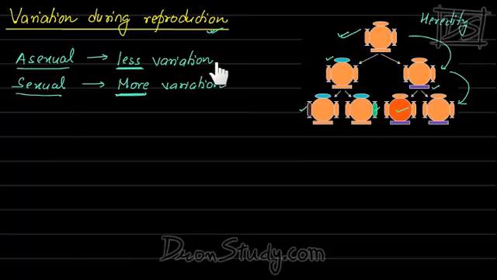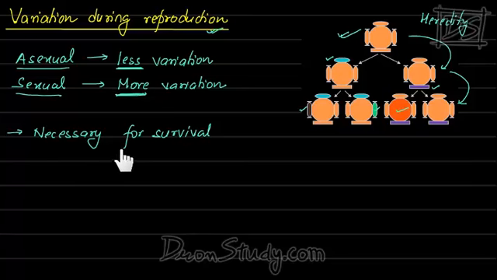Let me just tell you one thing, that the variations that come during reproduction are very important. Even in the reproduction chapter, I had told you this. Now let's recall, why is it important? Tell me, why is it important? You must have remembered, necessary for surviving. For the long-term survival of any organism,